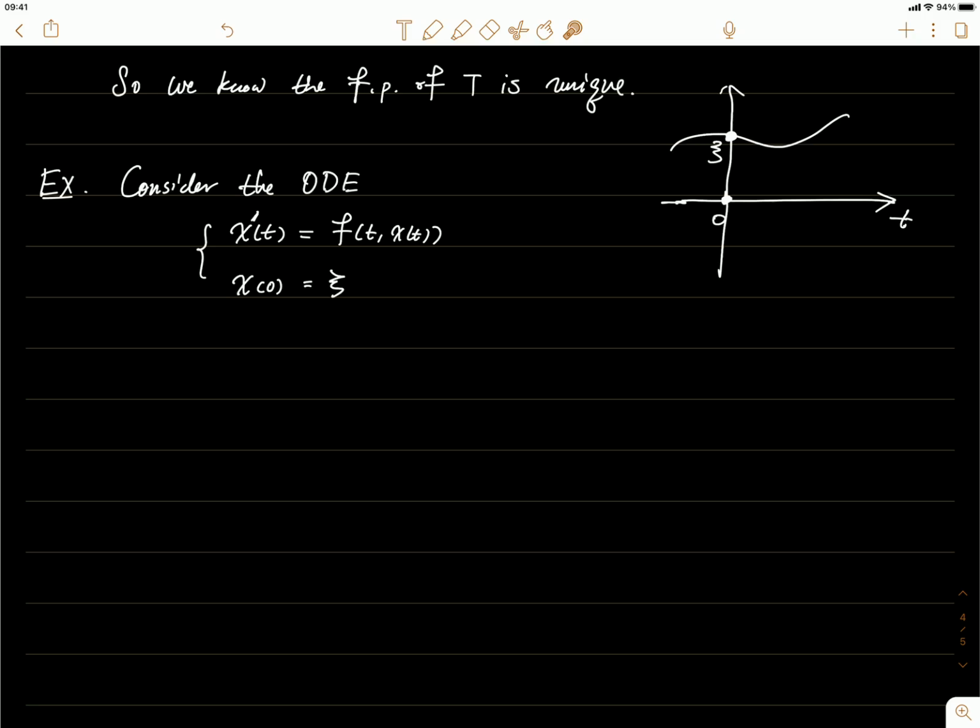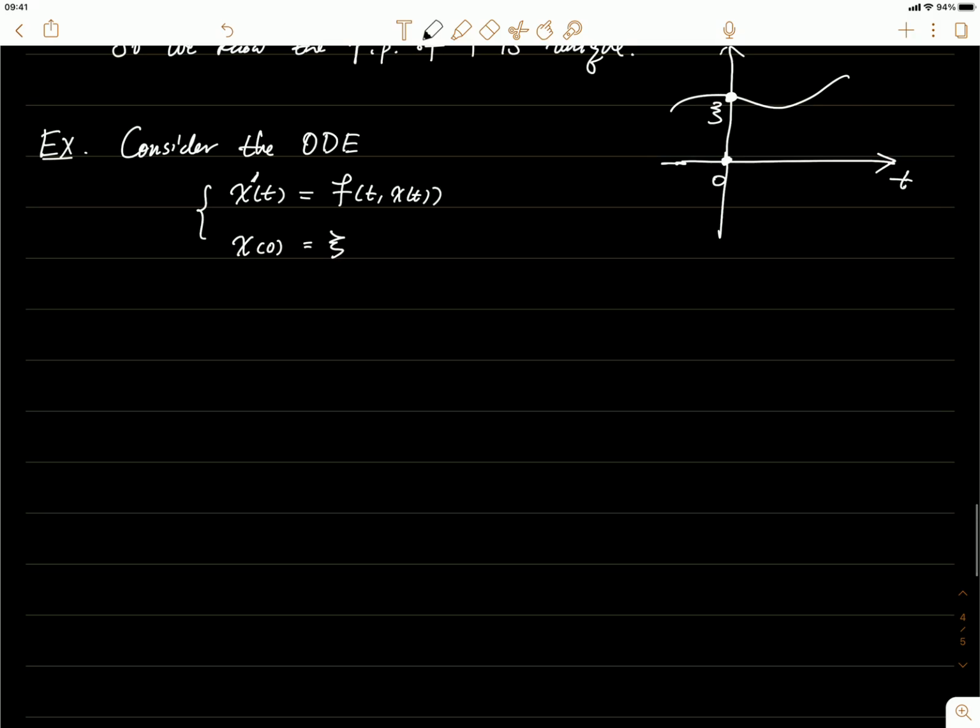And that actually can be proved by the fixed point theorem, the Banach fixed point theorem above. And you will see how powerful that theorem is in this application. Okay, so right now,